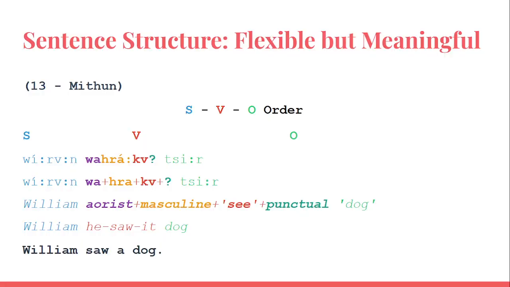This language generally has a subject, verb, object sentence order. You can see this in a lot of the different examples. However, there are a couple of other acceptable syntaxes that you can use. In Tuscarora, the morphology basically does the heavy lifting, right? It's not so dependent on the position of the word. It's really dependent on what's in the verb.